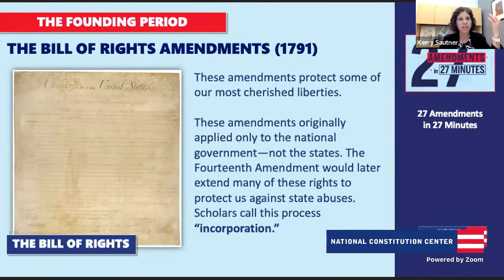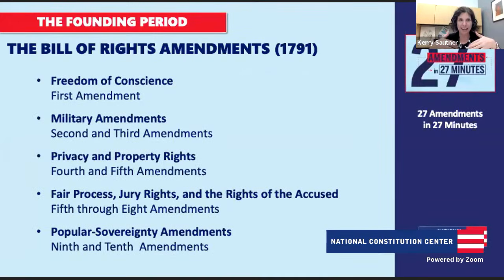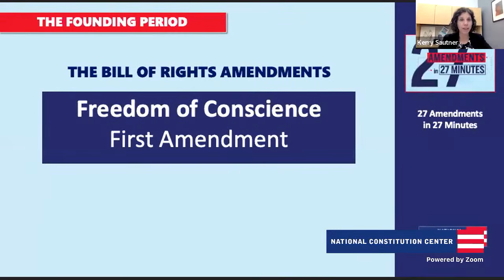Now, within those 10, we have sub groupings again, and I love this. Take the Bill of Rights and group them again into smaller buckets. Yeah, we're borrowing these groupings from our great friend Yale's Akhil Reed Amar. This is how he teaches the Bill of Rights. And it's a good way, I think, to think about how these amendments fit together and work together to cohere into a bigger vision. Should we start with the First Amendment and the freedom of conscience? Always. It's a big one within itself.